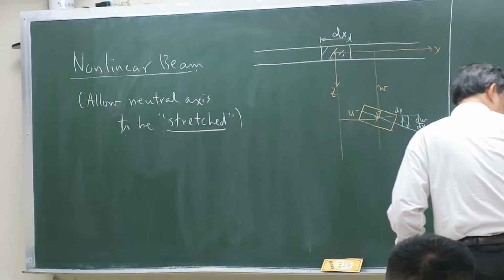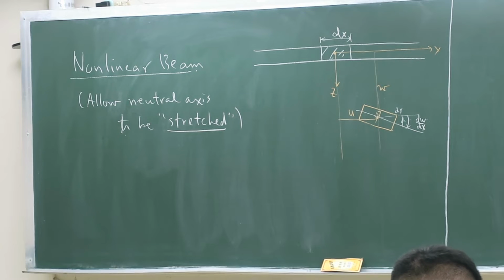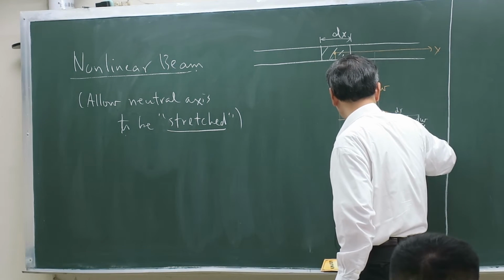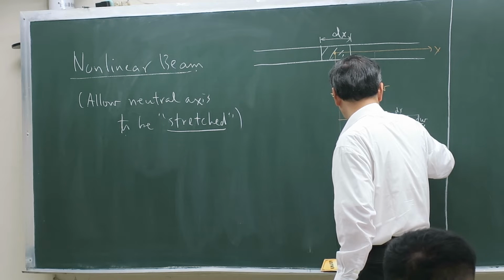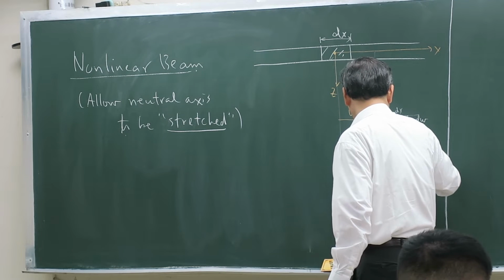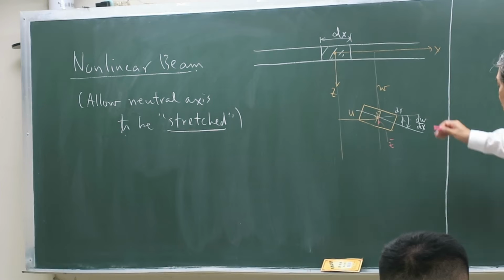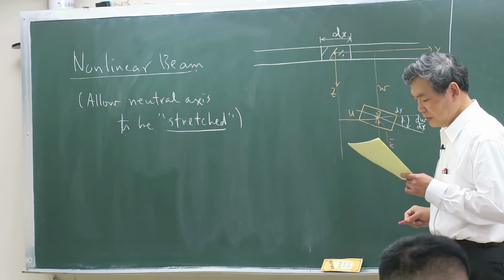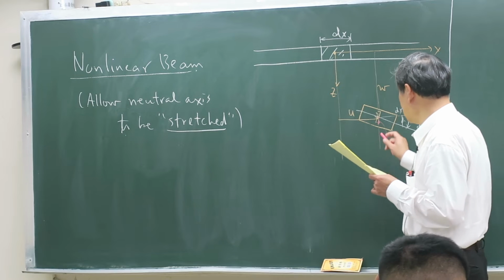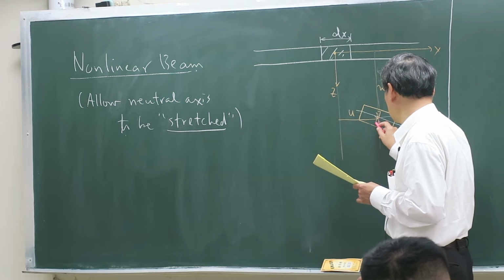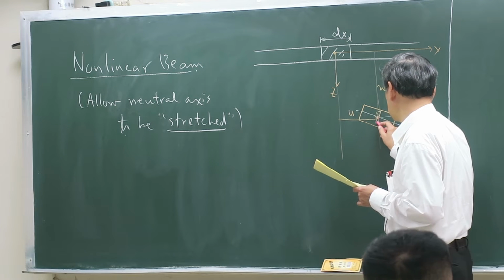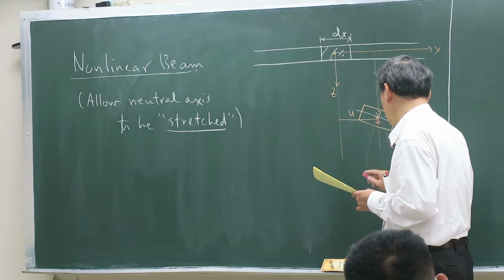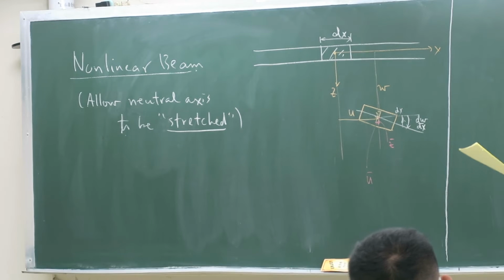So for any point originally at a z bar coordinate, this point will move to here. So the horizontal distance here we call u bar, which is equal to